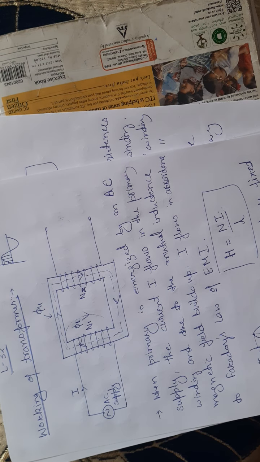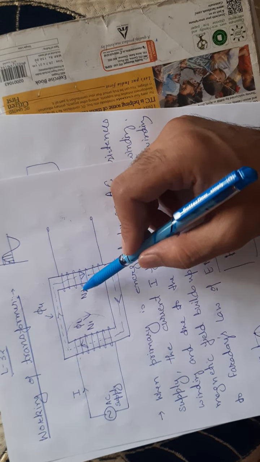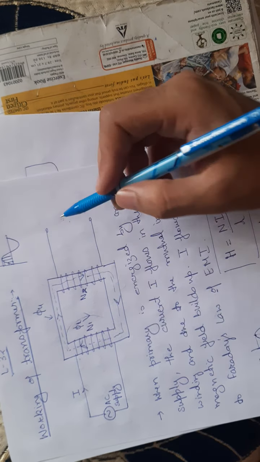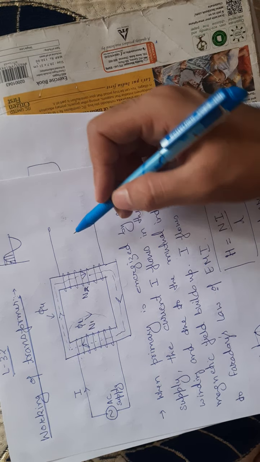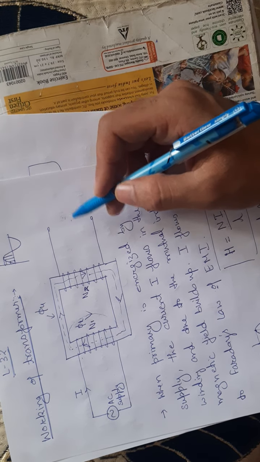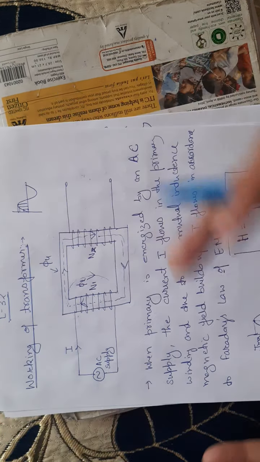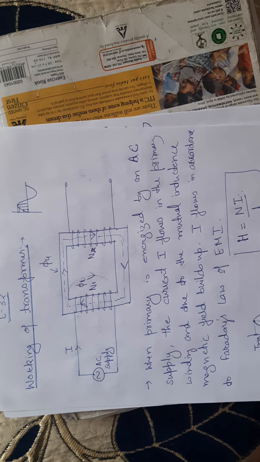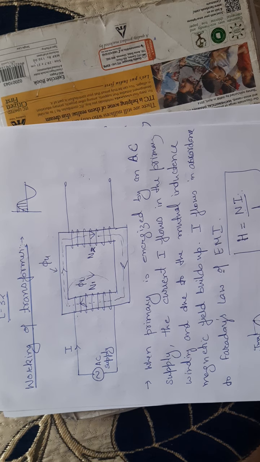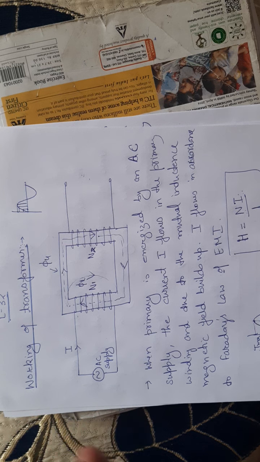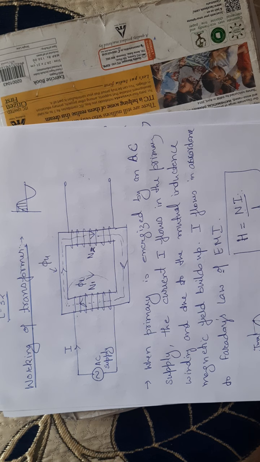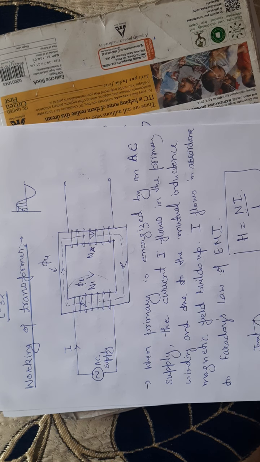What I am saying is, the lesser the losses, the more will be the output. If the output is more, the efficiency is more. What do you mean by efficiency? If you are giving some input to the system, you see how much output you are getting. Then you take the ratio of the output and input. The ratio of output by input will give you the efficiency. And obviously the efficiency will always be less than 100%. So efficiency is the next topic.